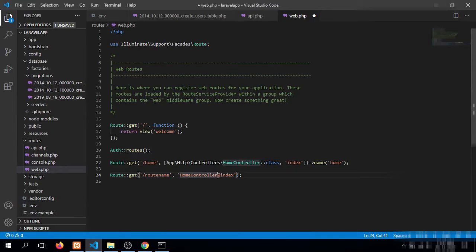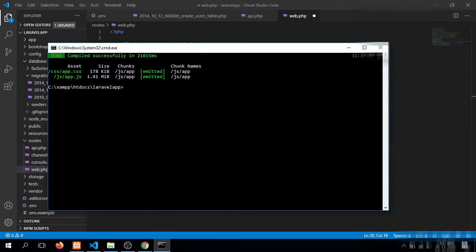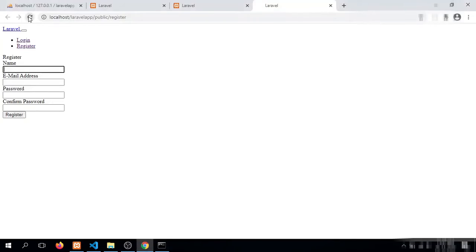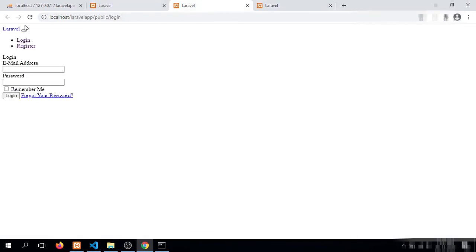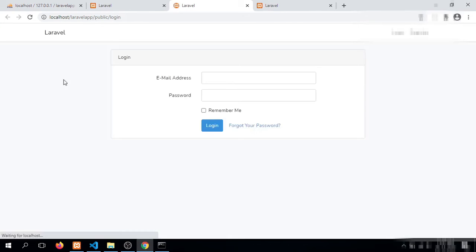Previously this is the syntax we used to configure our routes, but as of now we will have to pass the full URL of our controller. As you can see that our build has been success. Now let us check. You can see that our UI is better now.